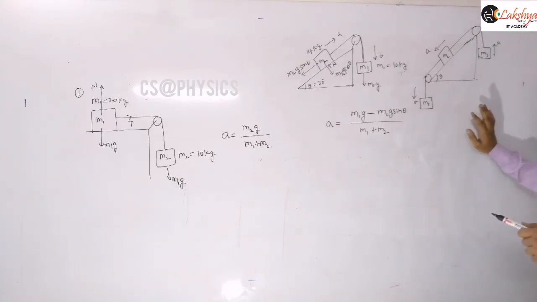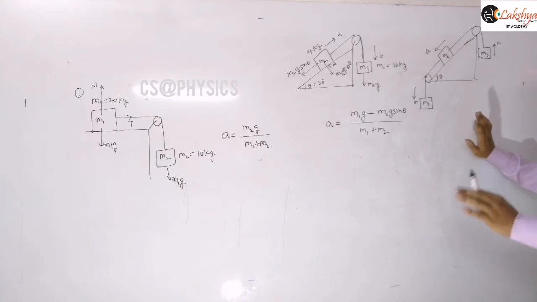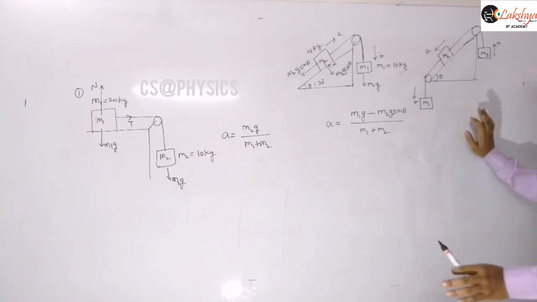Now the system is accelerating. We need to answer about the acceleration of the system directly. You may draw the free body diagram, write the three equations and solve them. That is the general procedure which I explained already, and you can apply that general procedure here.